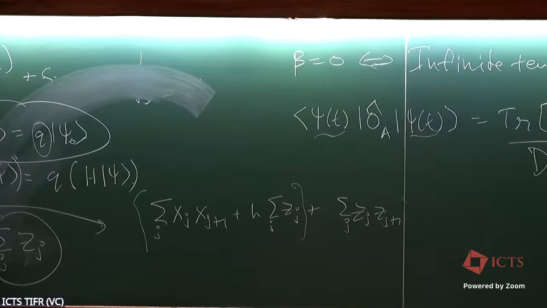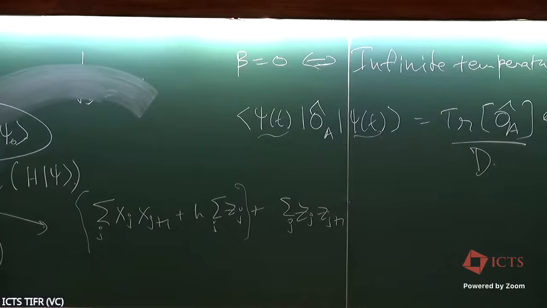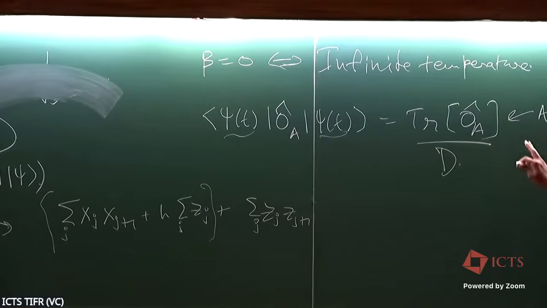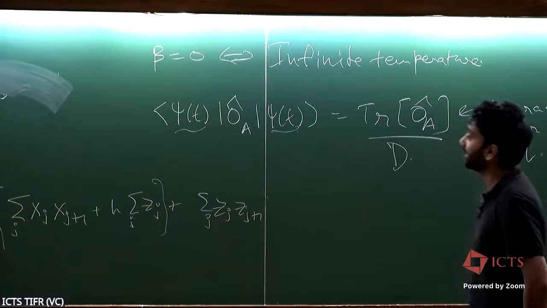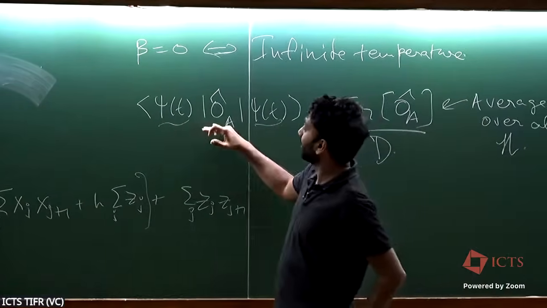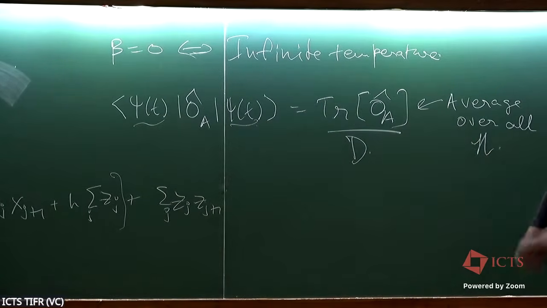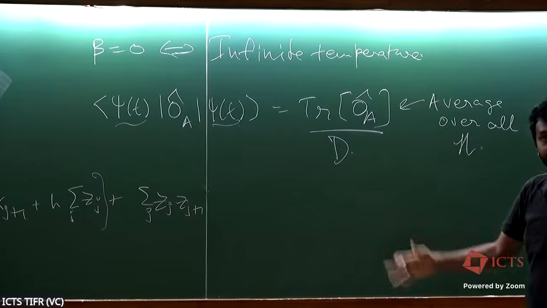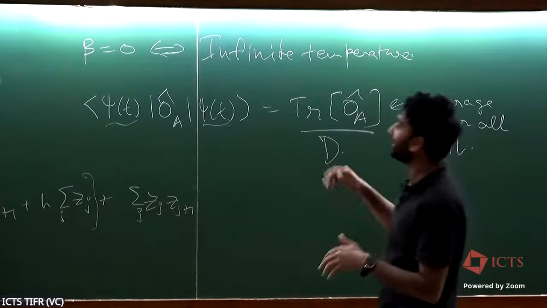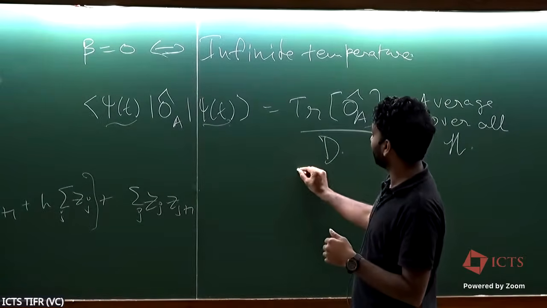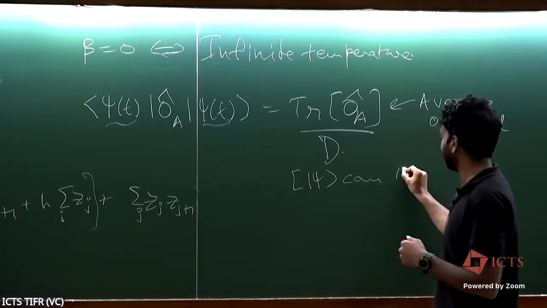So this has to be changed when you have a symmetry, right? Is that clear? Yeah. So without symmetries, at infinite temperature, again for simplicity I'm just setting this, the expectation value of some local operator at late times is the average over the full Hilbert space. Like you take all states in the Hilbert space and average over them, that is the correct value. This is assuming in the background that psi can access the full Hilbert space.